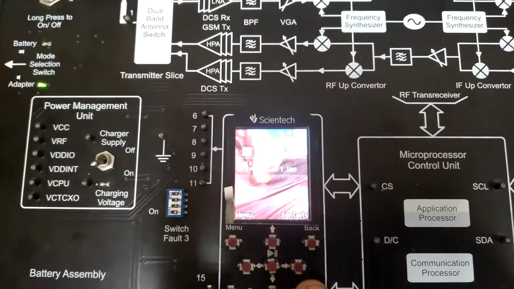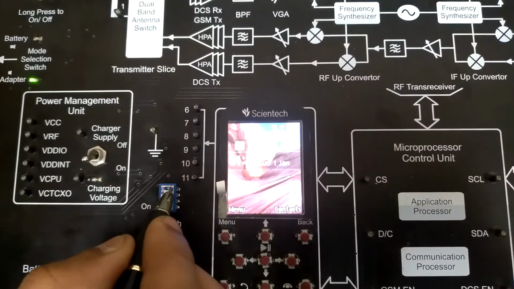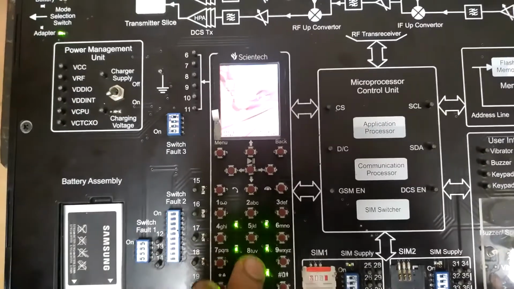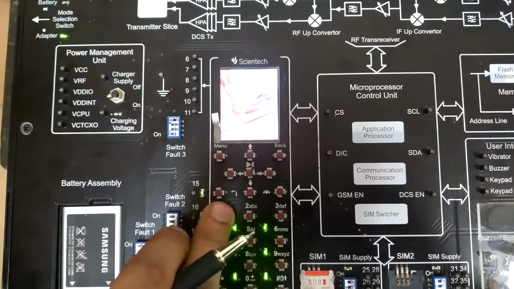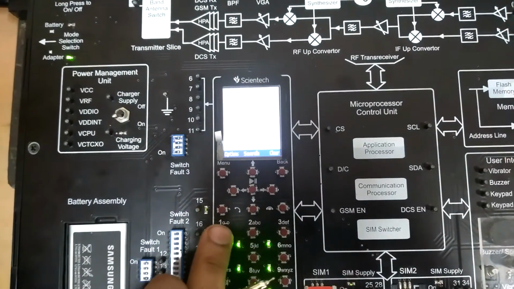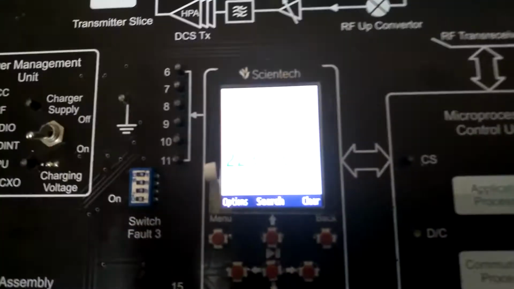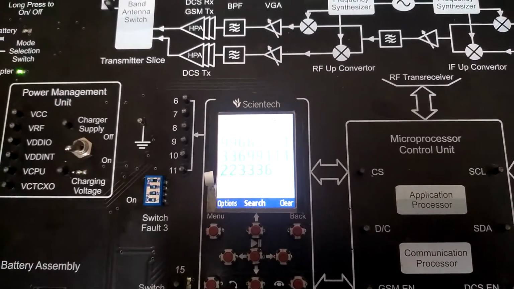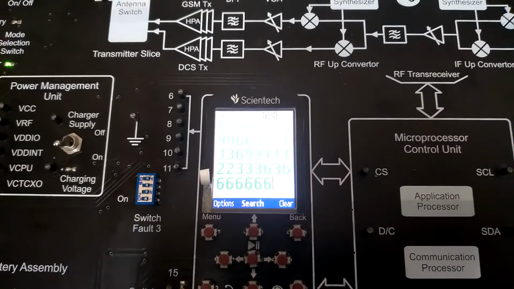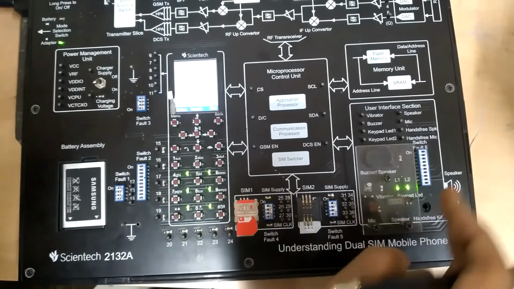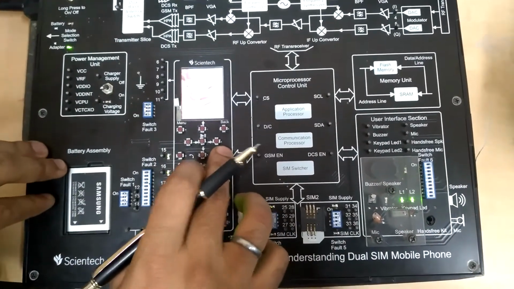Likewise, the fourth is stop showing the dial number. If I create the fourth switch fault, it will not allow the keypad numbers to be displayed. You can see here nothing is able to display on the display. If I remove this fault, you can see I am pressing 1, and everything is there. If I create this fault, nothing is there. Similarly, we have to perform this for the key section, battery section, and the buzzer and mic section. So we'll see.